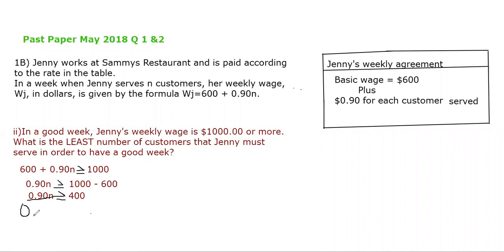Good? We divide both sides. So 400 divided by 0.90. Good. And the answer that we get here, we actually got n equal